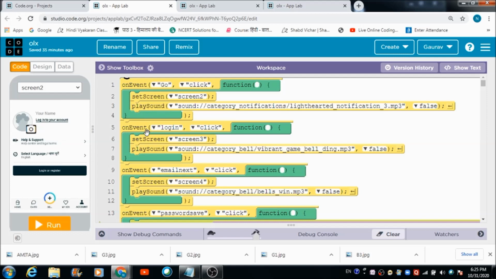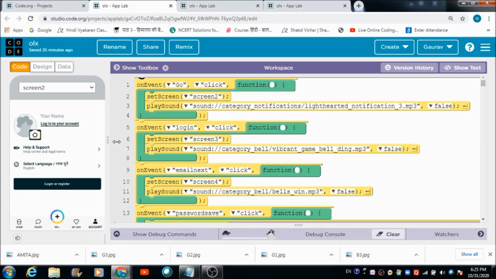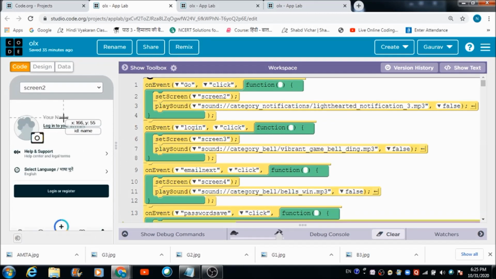This is screen 2, and here we have defined a login button. This is where he will upload his profile pic, and this is a component where he is required to write down his name. Fine. When he hits the login button, what is going to happen? This is what is going to happen. He is going to get redirected to screen 3,